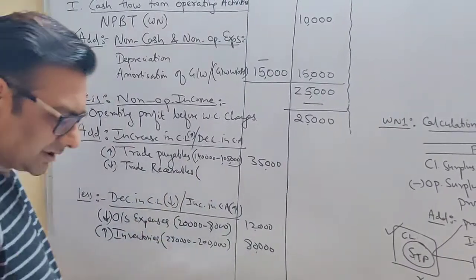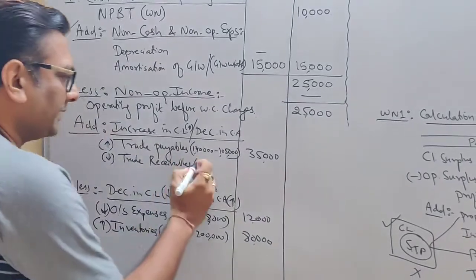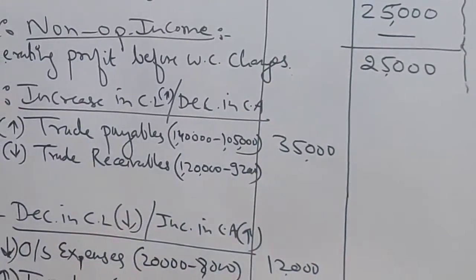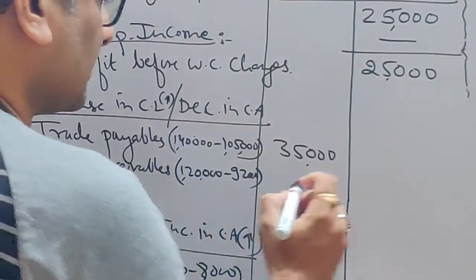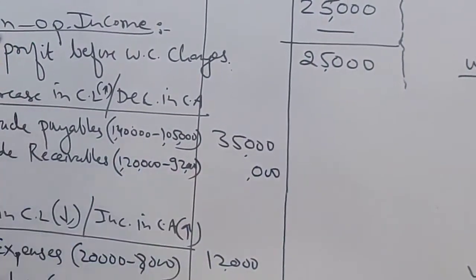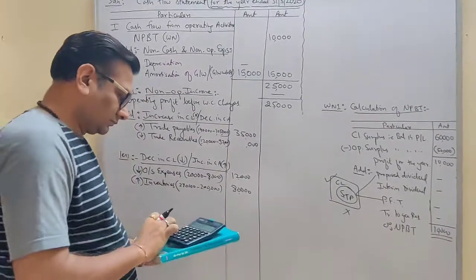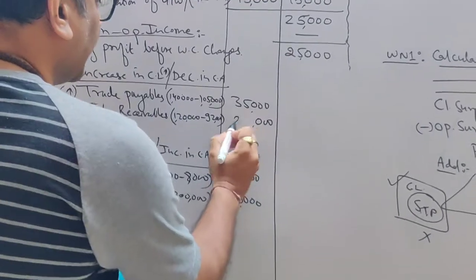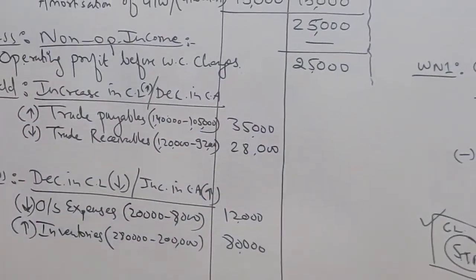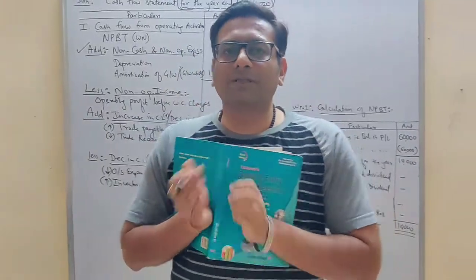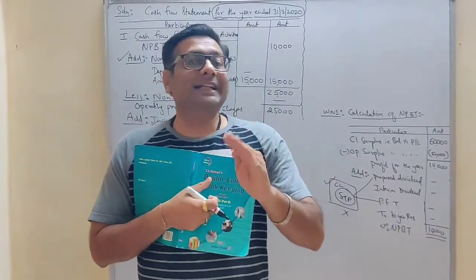You have to again take a difference. Difference of 120 minus 92,000. Let's check the balance. 120 minus 92,000, 28,000. Now, cash and cash equivalent. This is the third item given in the current asset. Cash and cash equivalent. Now, if you remember, students, cash and cash equivalent, we write it separately.